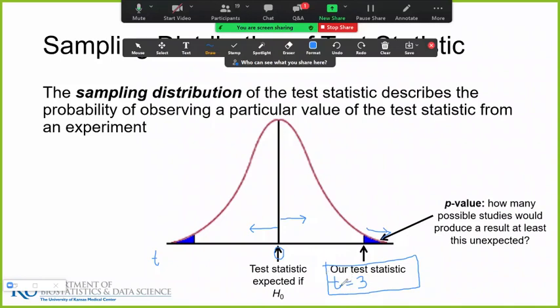So in terms of interpretation of this particular test statistic, what it's saying here is that numerator, that signal, is 3 times as large as the denominator, the error. So it's a pretty large signal. The p-value will further quantify how strong the signal is by telling me about how many possible studies would produce a result at least this unexpected. So when we think about that, the p-value is quantifying,